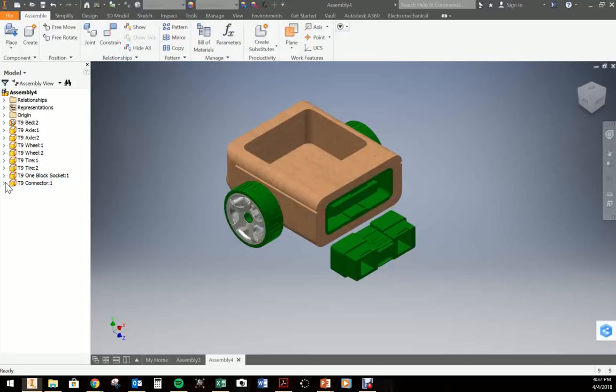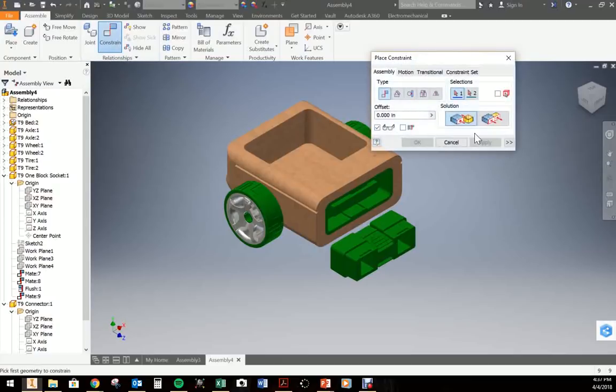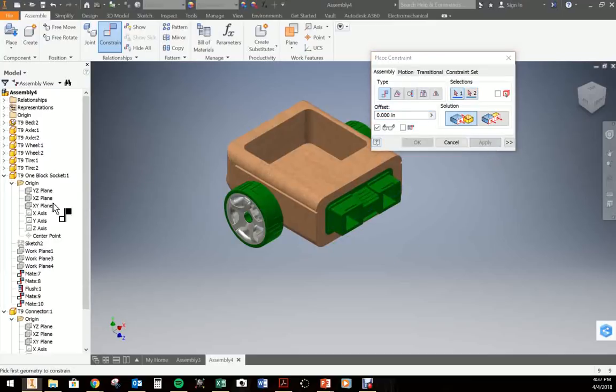I'm going to open up the one block socket connector in the origins and the connector of the one block socket. So now I've got access to those work planes. And if you look here, you can see where this XZ and this XZ, those are in the same alignment. So this is going to work out good. So I'm going to hit constrain, mate constraint, XZ to XZ, apply, and I'm going to do the YZ